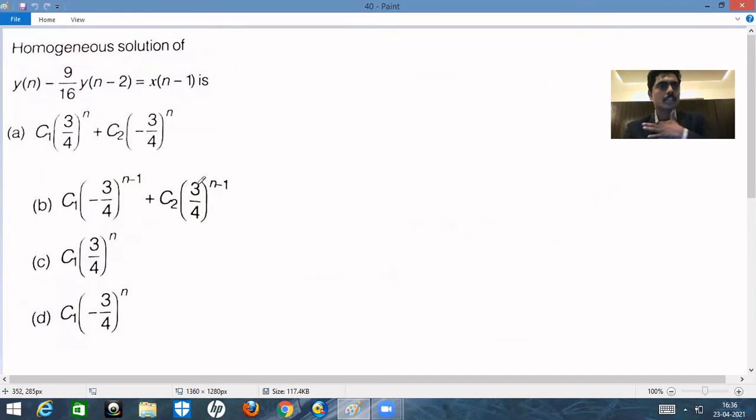Yeah, you can see this one. The homogeneous solution for the function y of n plus minus 9 by 16 into y of n minus 2 is equal to x of n minus 1. We need to find the homogeneous solution for this one, right? Simply we can easily find it out. So while finding the homogeneous function, we will make the right hand side equal to 0 simply. So then you will get y of z